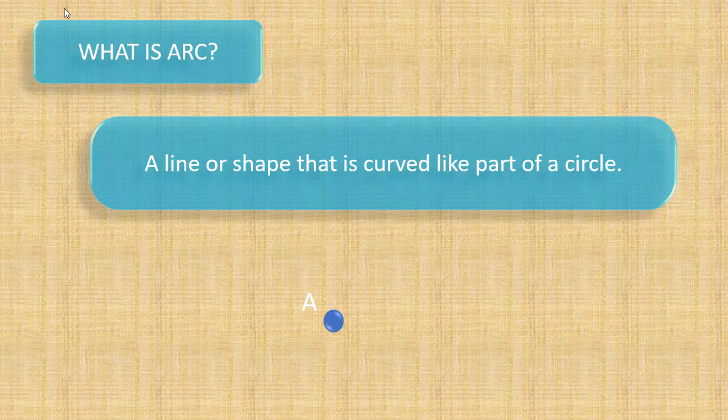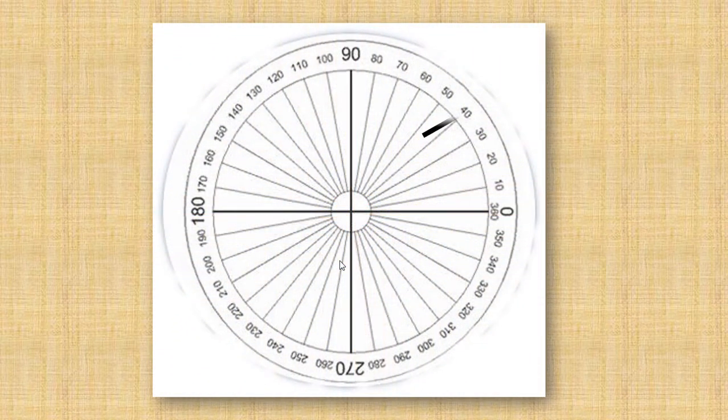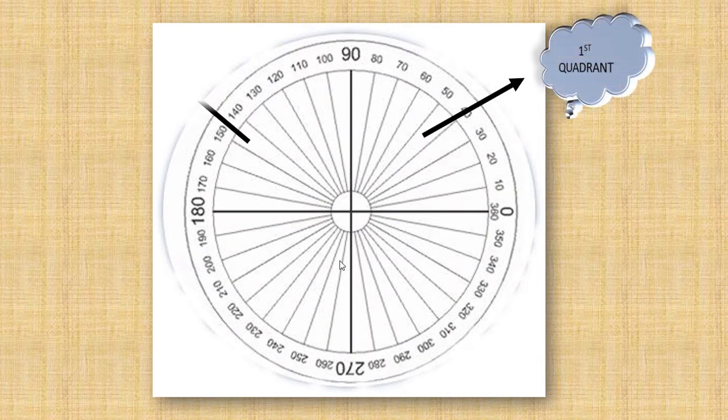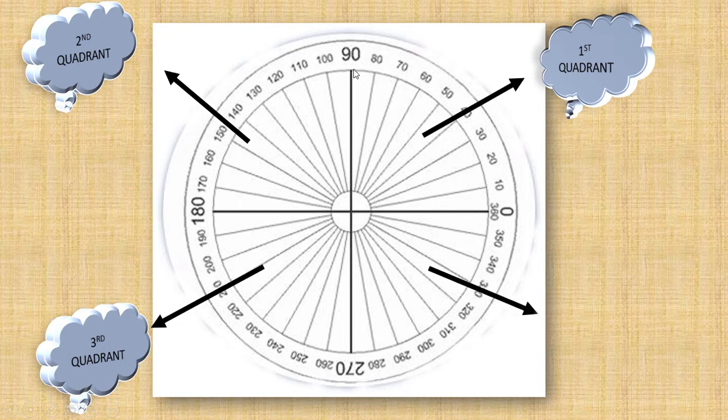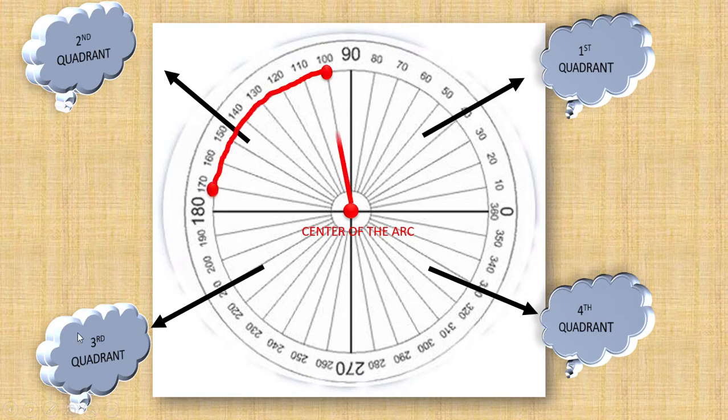So consider this is the center of that arc, which has radius r, and this will be an arc. When you complete this in this way, it will create a circle. After that, consider this can be a circle with angles, in which the x-axis is defined and the y-axis is defined. Okay, so after that it will create the first quadrant, second quadrant, third quadrant and fourth quadrant. So in this circle we have to draw one arc.